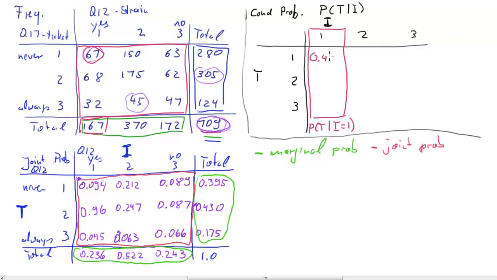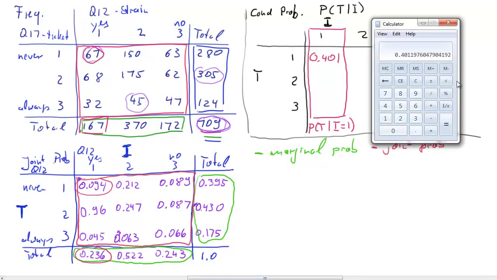That's 0.401. Okay, so now we could have also calculated that by taking the joint probability 0.094 and dividing that by the marginal probability 0.236. Now what we get here is something that is just ever so slightly different,